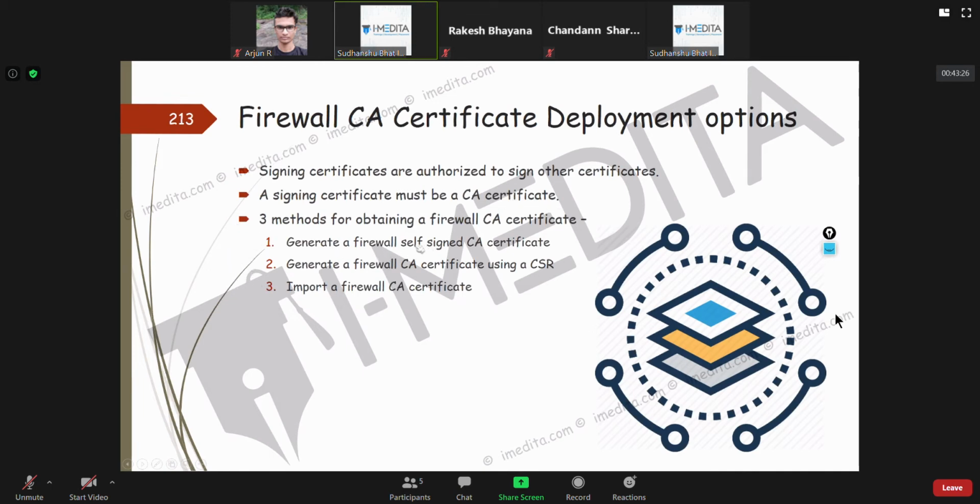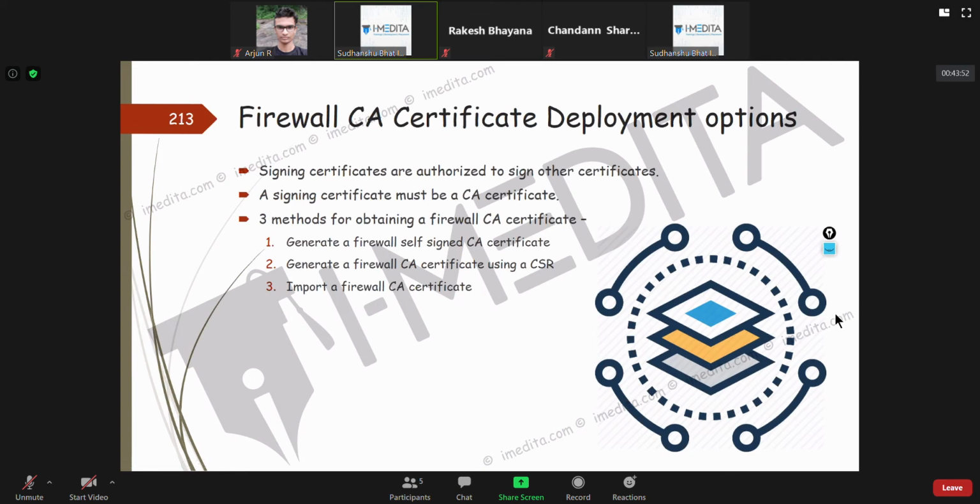One is to generate a firewall self-signed certificate, which we did yesterday. Another is to generate a firewall CA certificate using a CSR, which I just showed you, and then import a firewall CA certificate directly. That can be done without generating a certificate signing request. You can directly take a certificate and import it into the firewall.